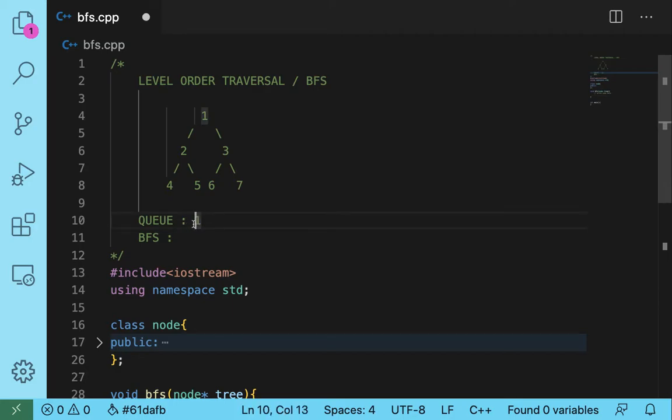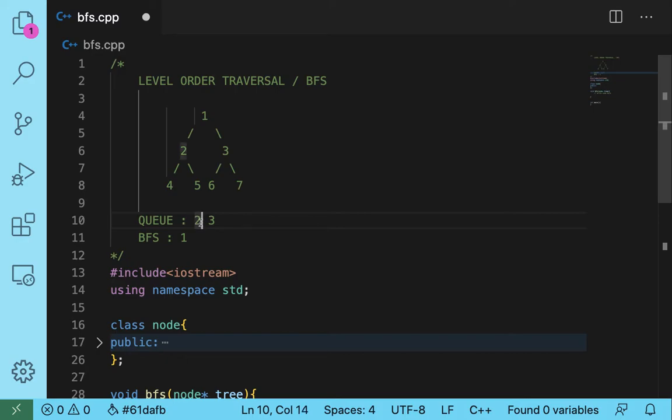While the queue is not empty, we take the top element, which is the leftmost element of the queue, and we print it in the BFS solution. Then we push the left and right child of the top node if they exist, and after pushing the children of the current node, we pop it from the queue.